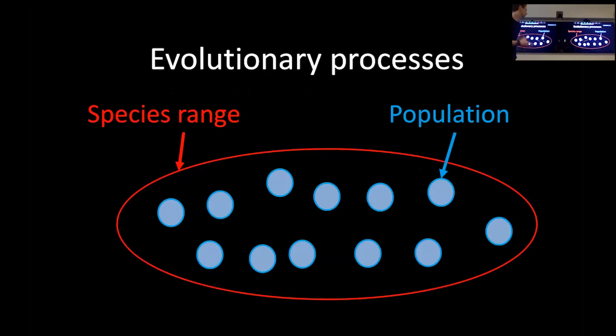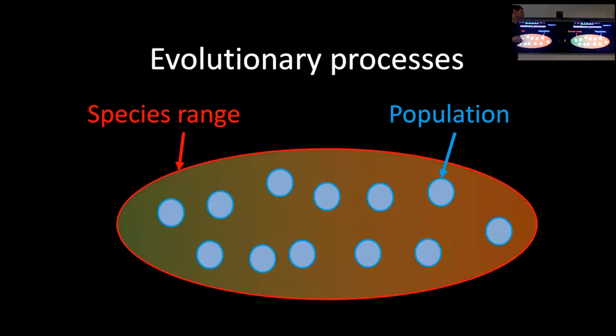So I'm going to walk you through some basic evolutionary stuff if you're not too familiar with that, because I'm going to talk about surrogates for evolutionary stuff. So let's say you had a species shown in red, so it's like the range. You've got a set of populations. Let's say these populations were living across environmental gradients. We've got forest type habitat here, desert type habitat over here. In time, and given a lot of assumptions, we might find that the populations in the forest type habitat develop forest type adaptations, and populations in the desert type habitat develop desert type adaptations. Again, lots of assumptions.